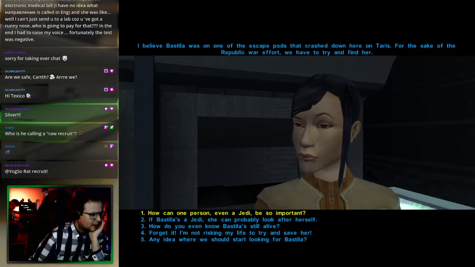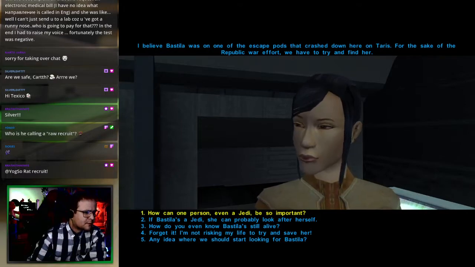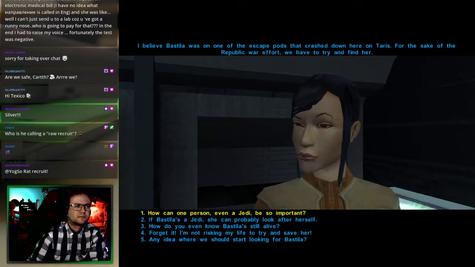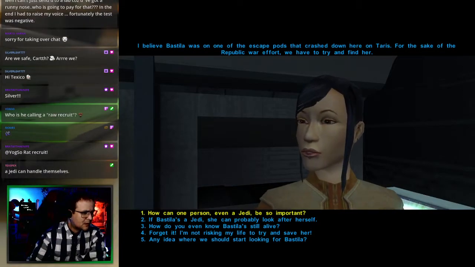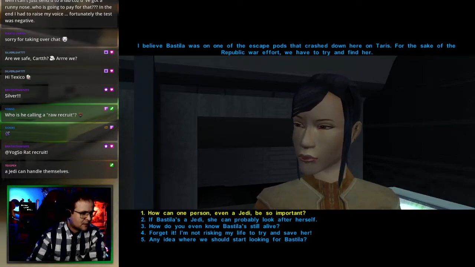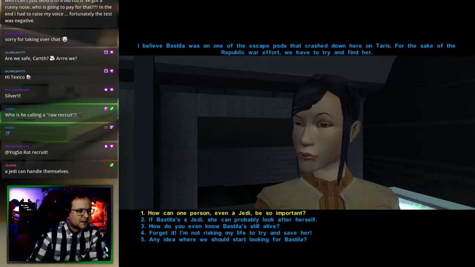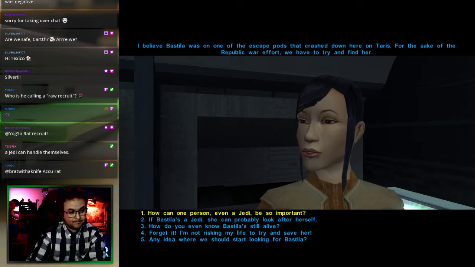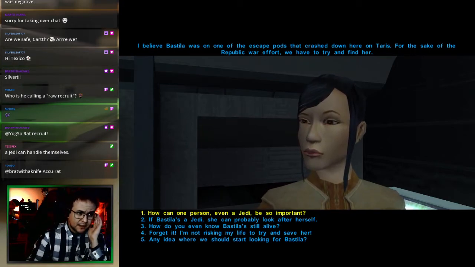Oh, wait a minute. I called my GP several days ago because I woke up with symptoms. One of them messaging me saying he was positive. Called the doctor, explained that I requested an electronic medical bill. A consult notice, I think, is what you would call it. And she was like, well, I can send you your lab because your guy already knows who's going to pay for that. In the end, I had to raise my voice. The test was negative, so you did get a test and it was negative, and that's good. Yeah, that's okay. That's when that sort of thing happens. Yeah. Okay, so